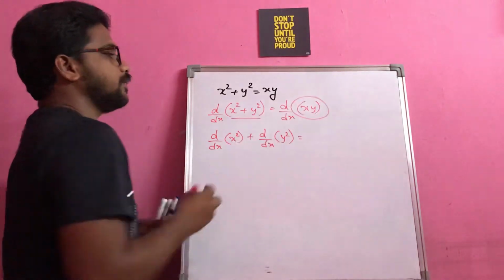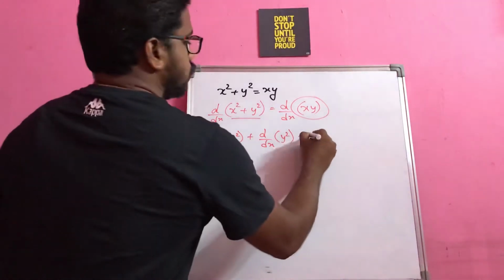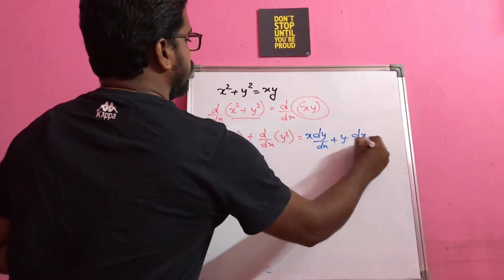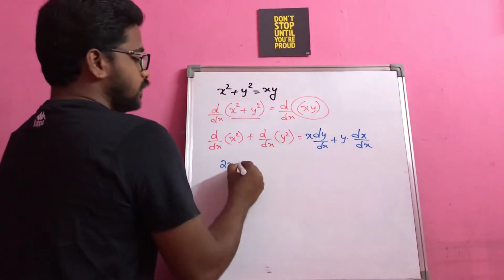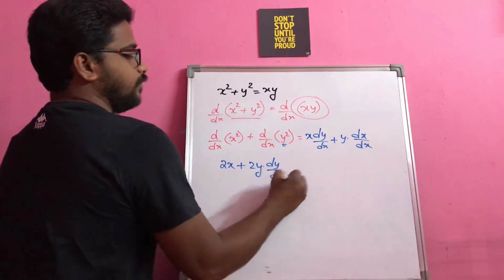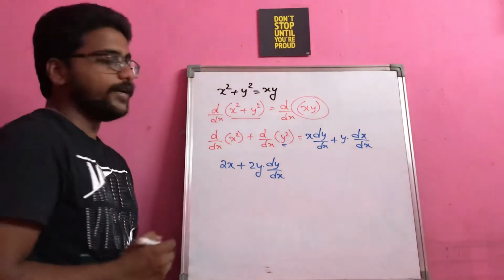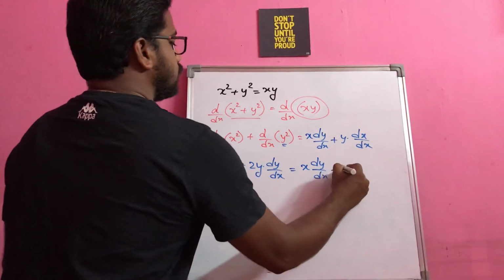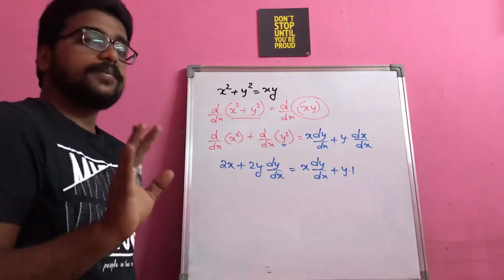You can see here it's a product, right? So it is giving a hint that you have to use the product rule. So x into dy by dx plus y into dx by dx. So dy by dx of x square is 2x. This is 2y, but this is not x, so you will be getting the inner derivative using the chain rule. The chain rule we already learned in our previous video, is equal to x dy by dx plus y into 1. So try to understand, our requirement is dy by dx.